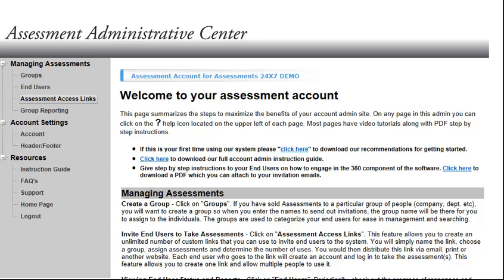This is the tutorial explaining groups. Our system allows you to set up groups which are used for categorizing your end users. Groups are not required. However, they allow you to more easily find particular individuals and are helpful on the group